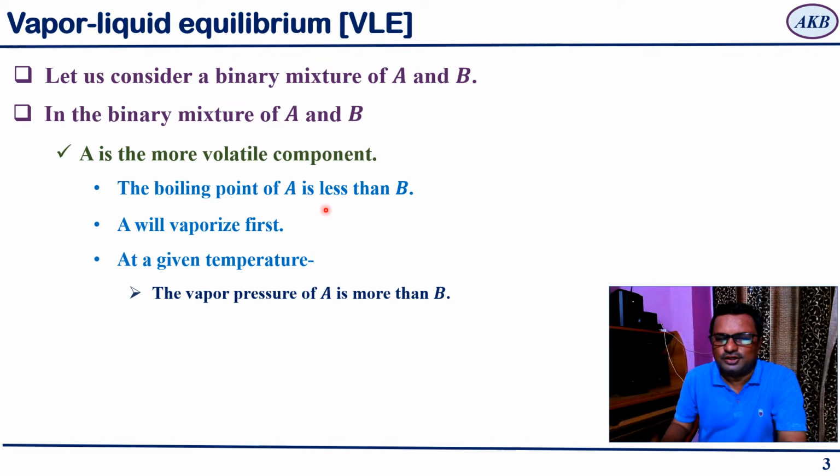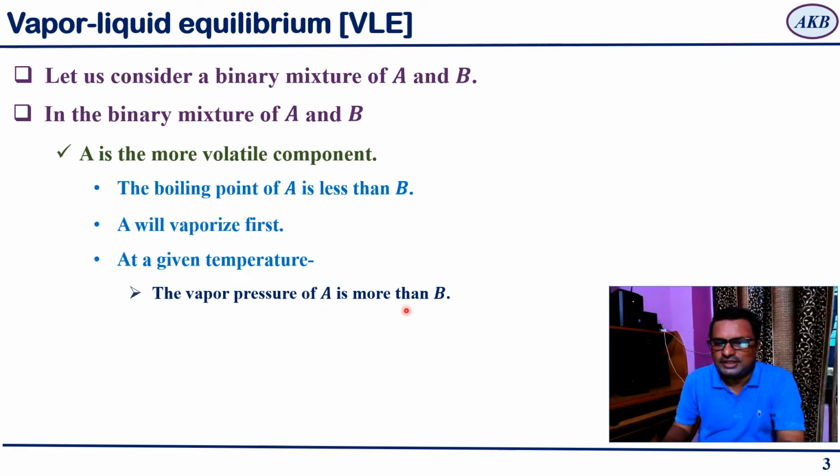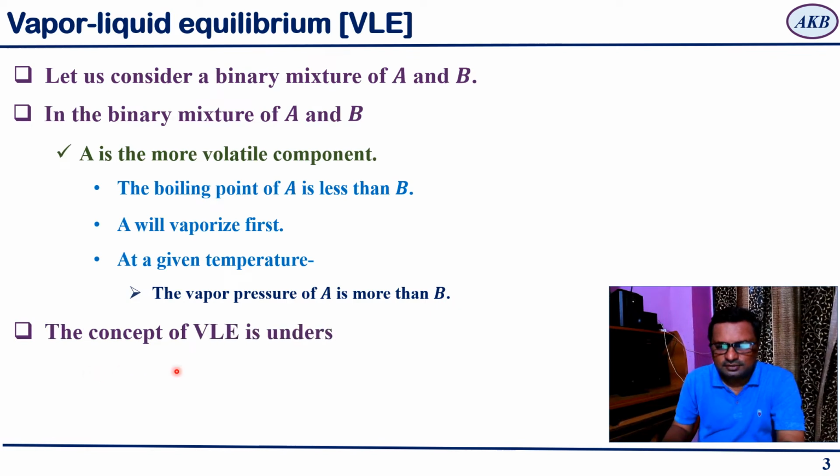First, the boiling point of A is less than B. You already know this. Then A will vaporize first. This is very simple to understand. And the important thing to note is, at a given temperature, the vapor pressure of A is more than that of B. Now let us understand the concept of VLE